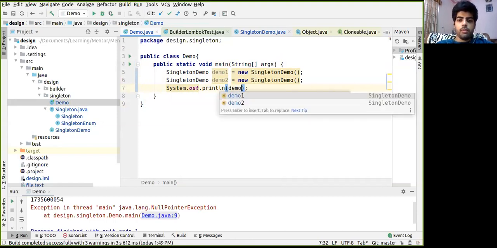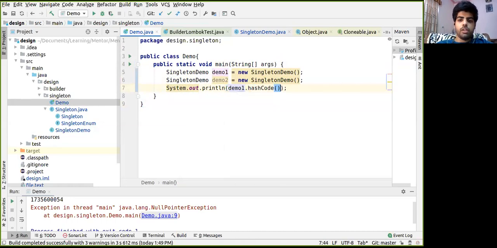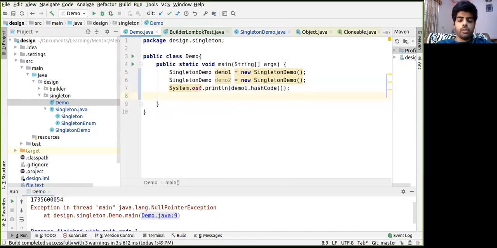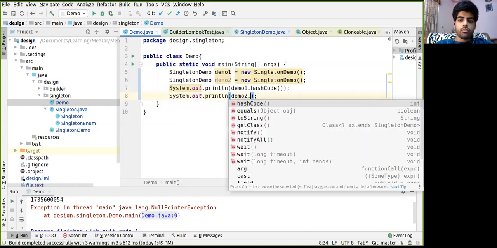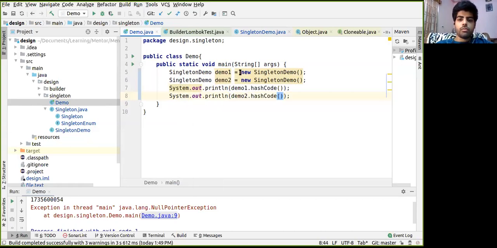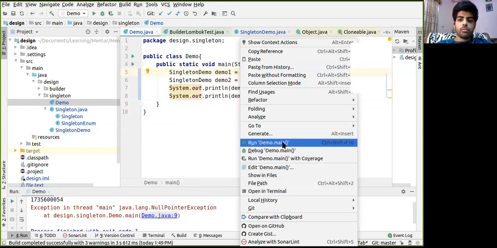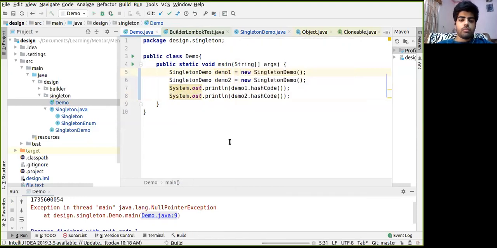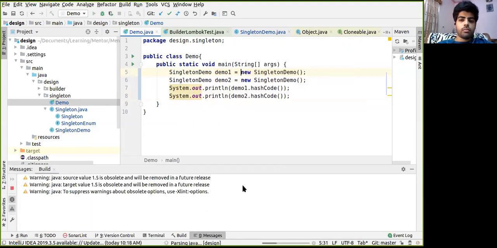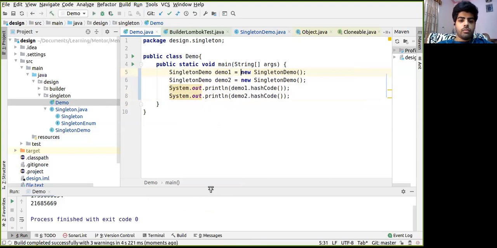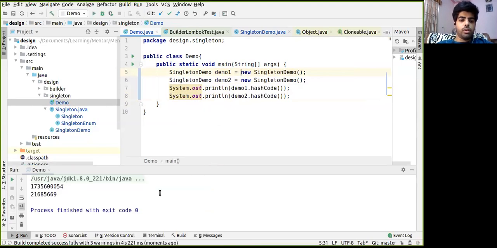So we can use the same method to check if the objects refer to the same location or not. Running the code, we got different hash codes for both of these objects.